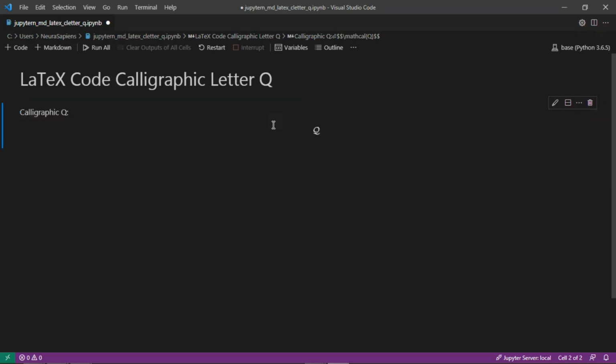So now when we run this cell, we have the calligraphic letter Q here, centered in the middle of the Jupyter Notebook Markdown cell. So this is how to add the calligraphic letter Q to a Jupyter Notebook Markdown cell